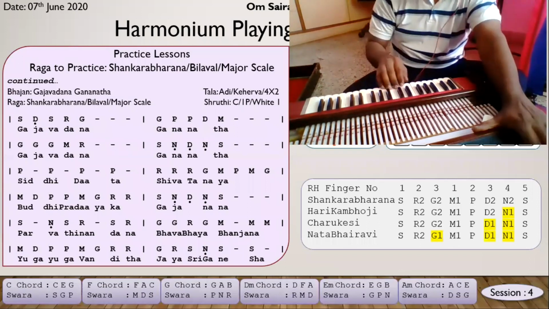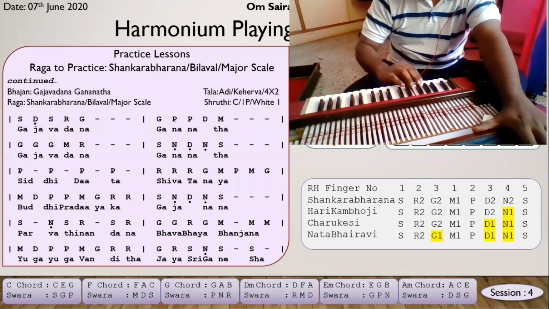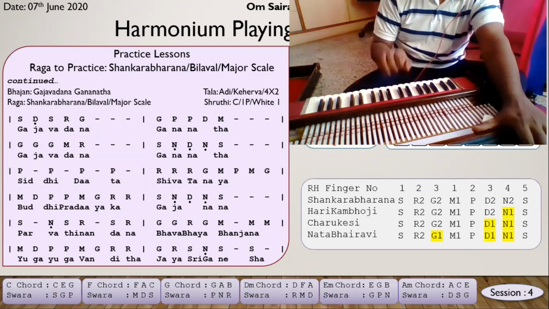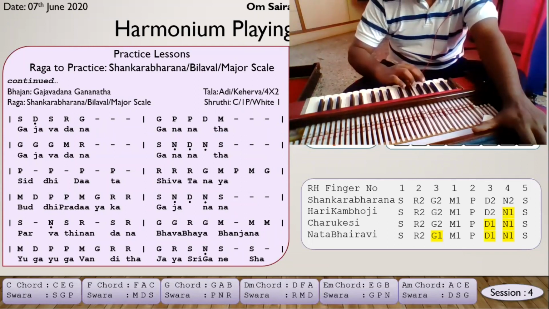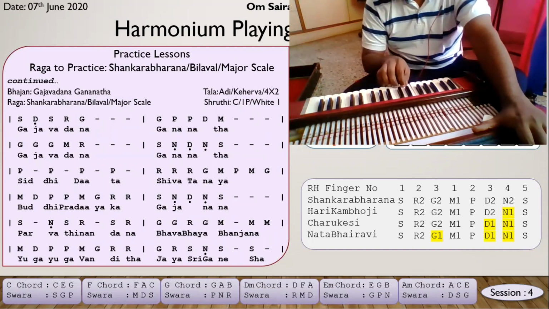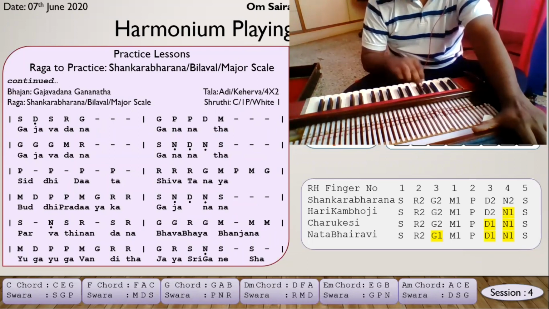So we'll take the first line. If you have the harmonium with you, please play along with me. I'll try to play very slowly. Okay. Sa, then you use the third finger. Sa Da Sa Re Ga. So 1 3 1 2 3. I'm telling the finger numbers. 1 3 1 2 3. The notes are Sa Da Sa Re Ga. In the key names it is C A C D E.